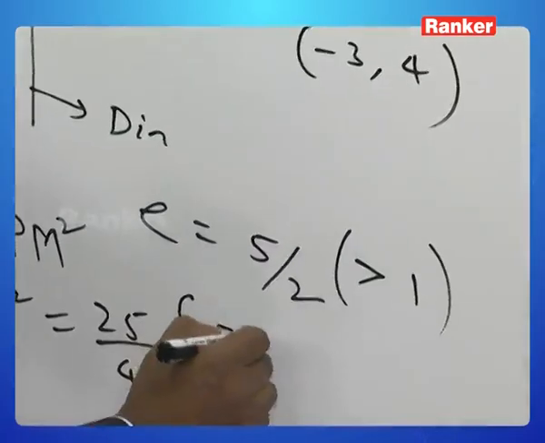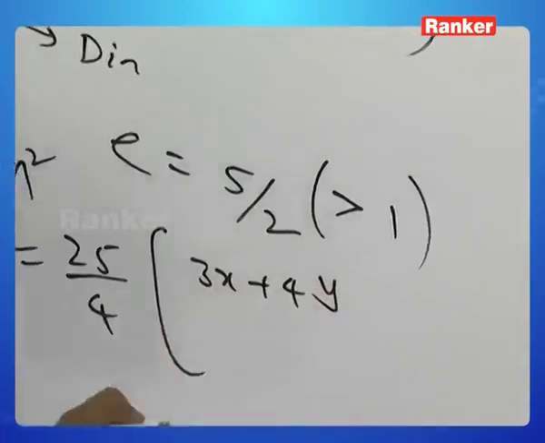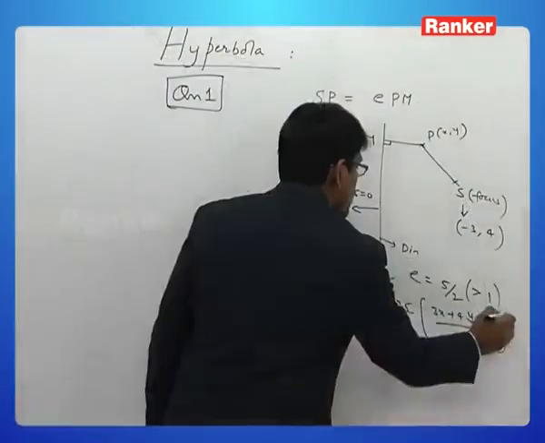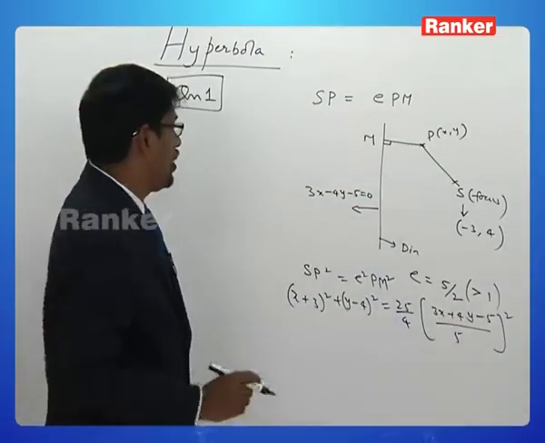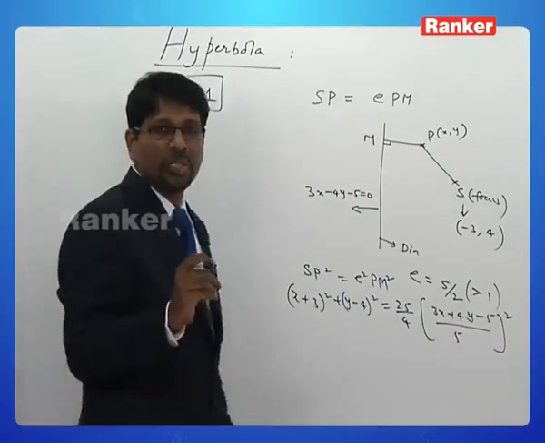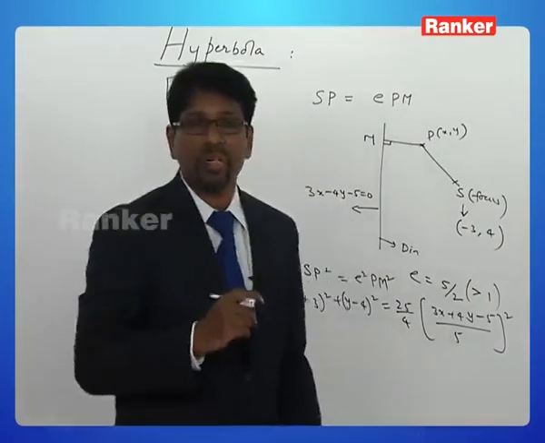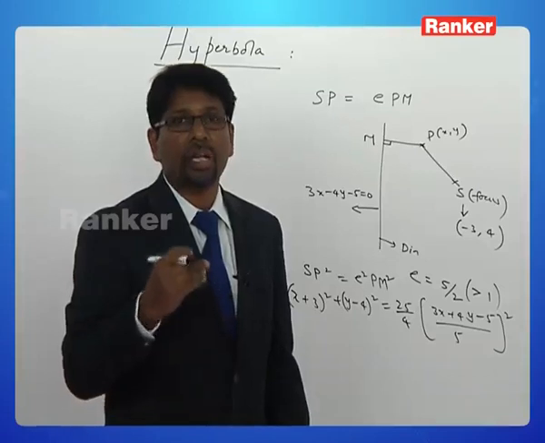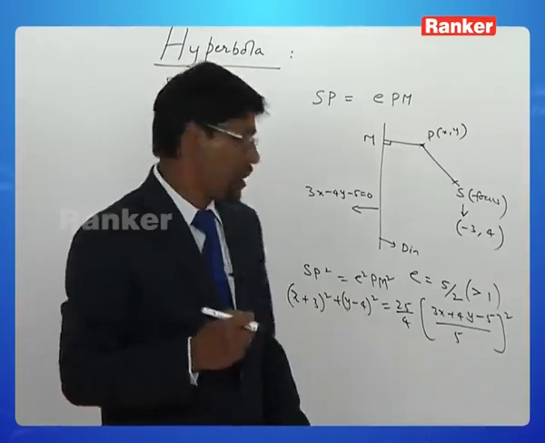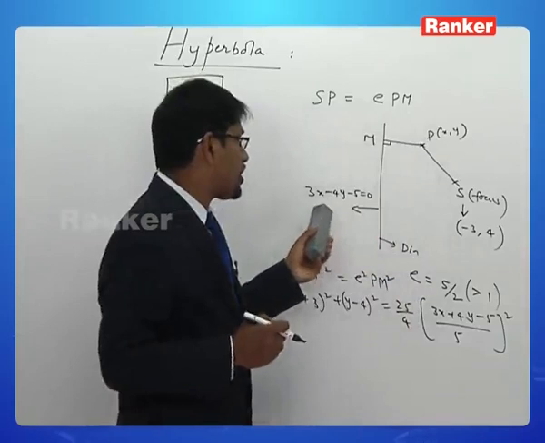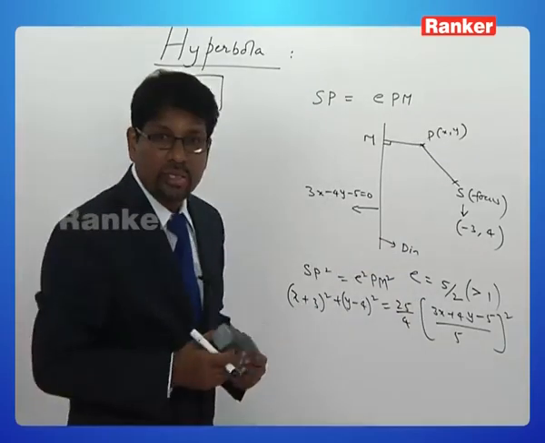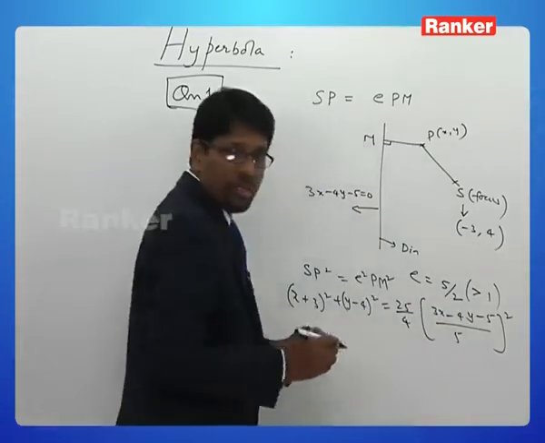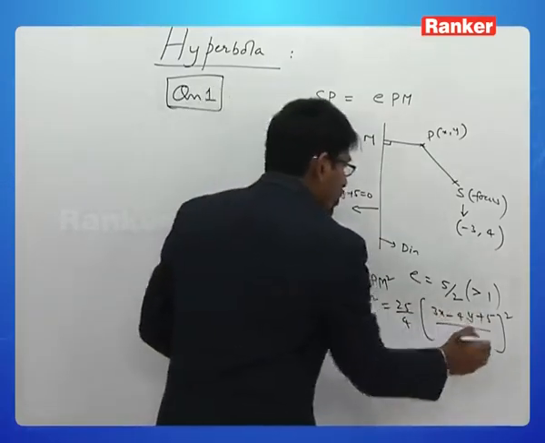We know that the perpendicular distance from x1 comma y1 to a line ax plus by plus c equal to 0 is mod of ax1 plus by1 plus c by under root over a square plus b square. I am using from x comma y to this line, it is 3x minus 4y plus 5 by